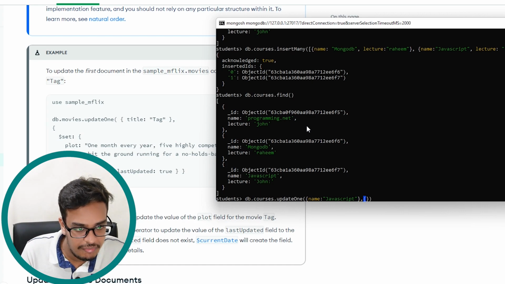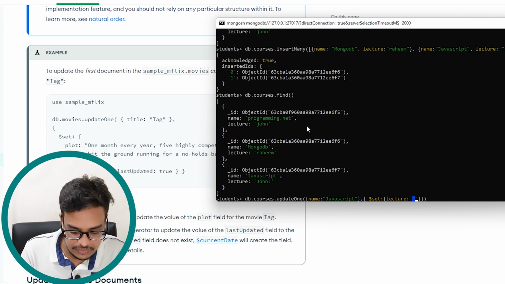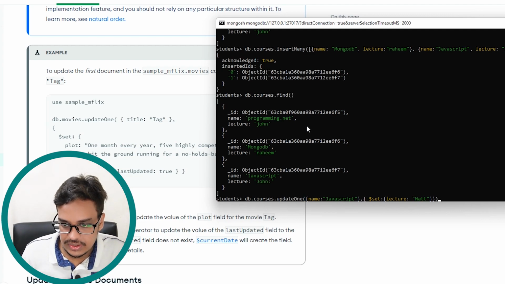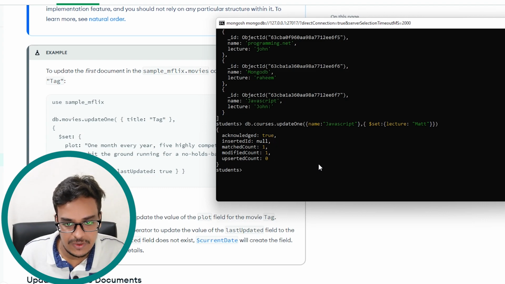Before that, I have to set the value using this dollar symbol set. So set the lecture, right? So lecture I need to update as mat, right? So if I hit enter, you can see the match count is 1 and modification count is 1,